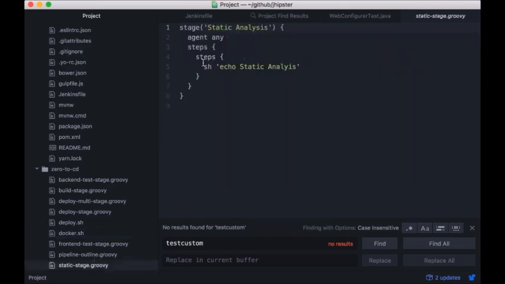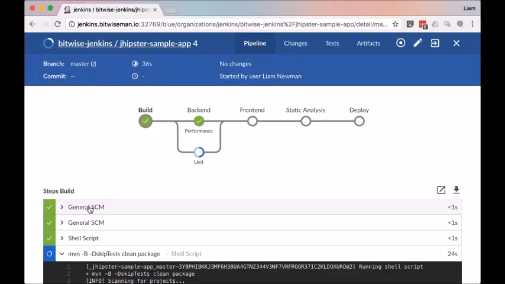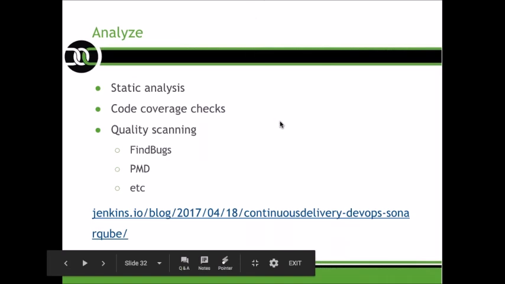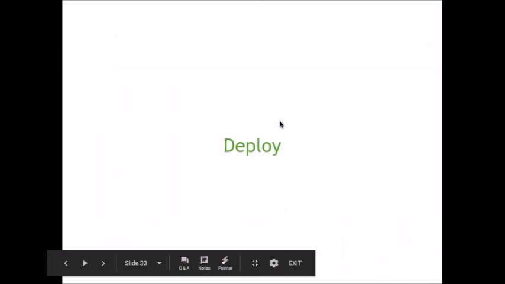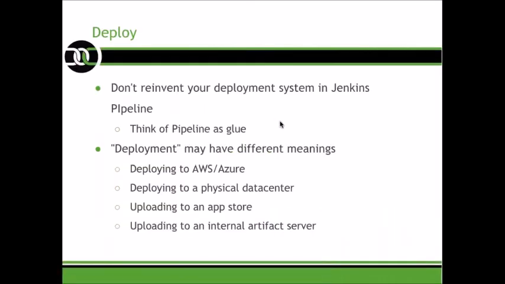Yeah. No changes there. So finally, we have the deploy stage. And once again, with deploy, we're not going to reinvent our deployment system just for Jenkins. Jenkins pipeline is the glue, and this is a good example of deployment